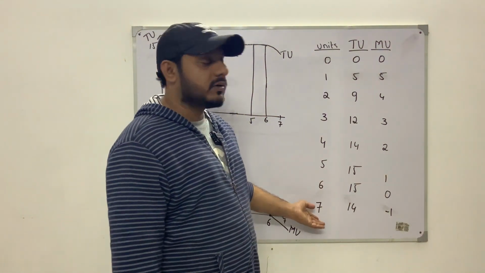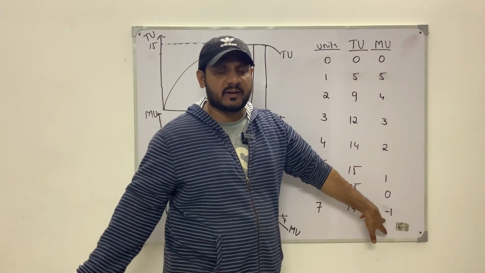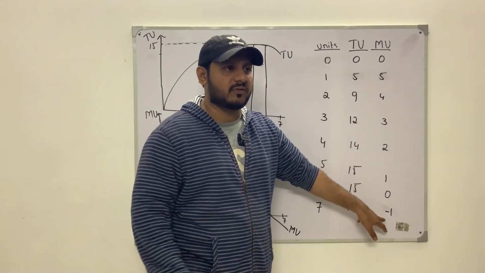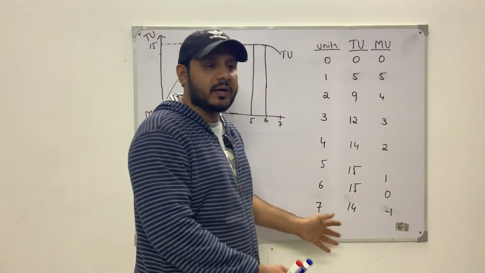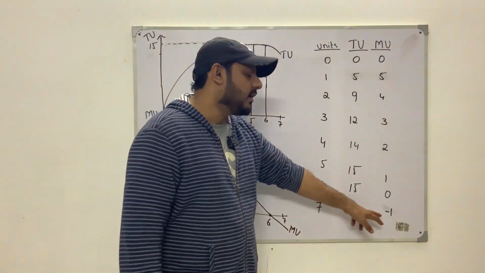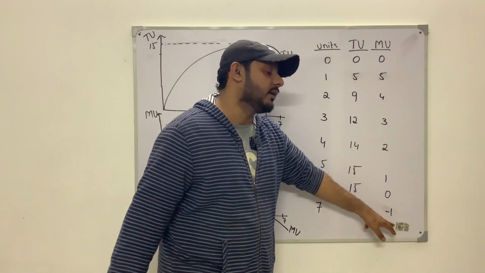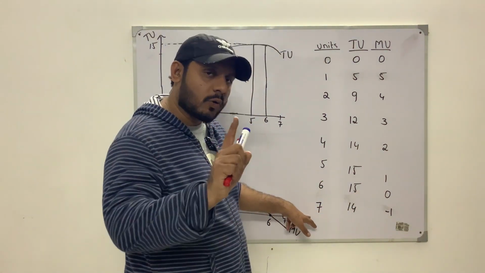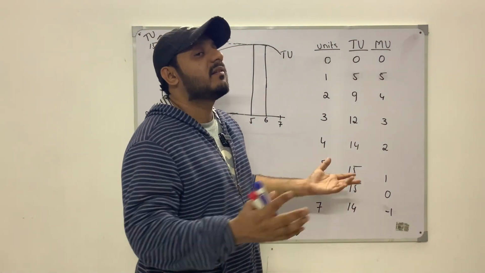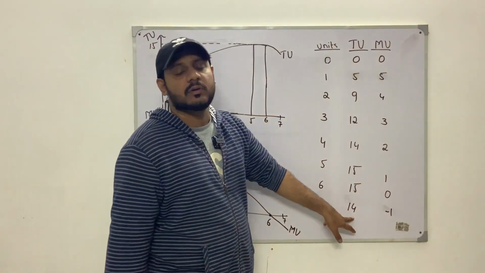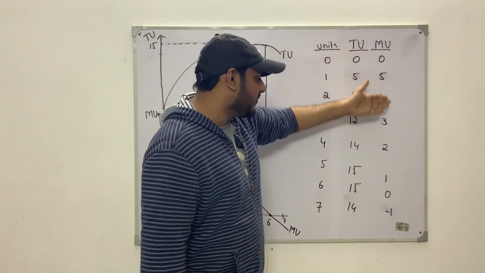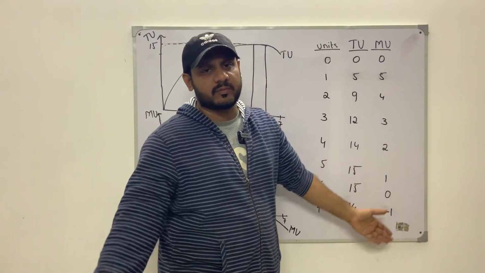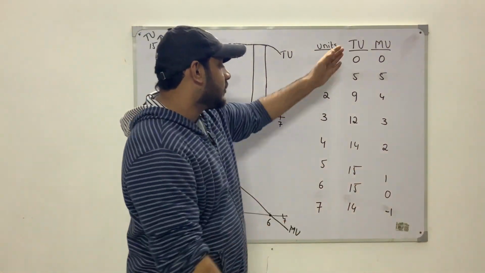And the 7th unit gives me a disutility or a dissatisfaction. Maybe I just start hating chocolates, or something goes wrong with my health by consuming the 7th chocolate. It's basically a negative marginal utility from the consumption of 7 chocolates. And in total, after consuming 7 chocolates, I've gained a total utility of 14 utils. Now, again, we can see that the marginal utility follows the concept of diminishing marginal utility, and the total utility is rising.